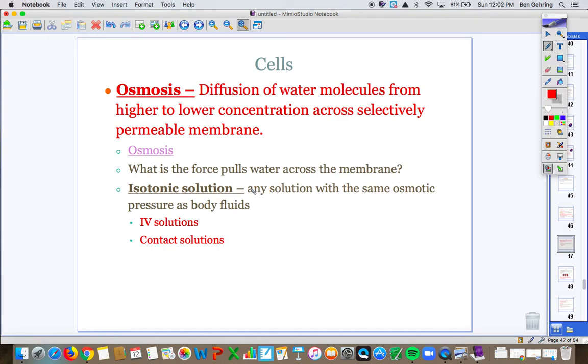Then we have osmosis. Osmosis is specifically the diffusion of water molecules. So most things we talk about diffuse in water. For example, if I have a beaker that's got water on this side and it has salt water on this side,